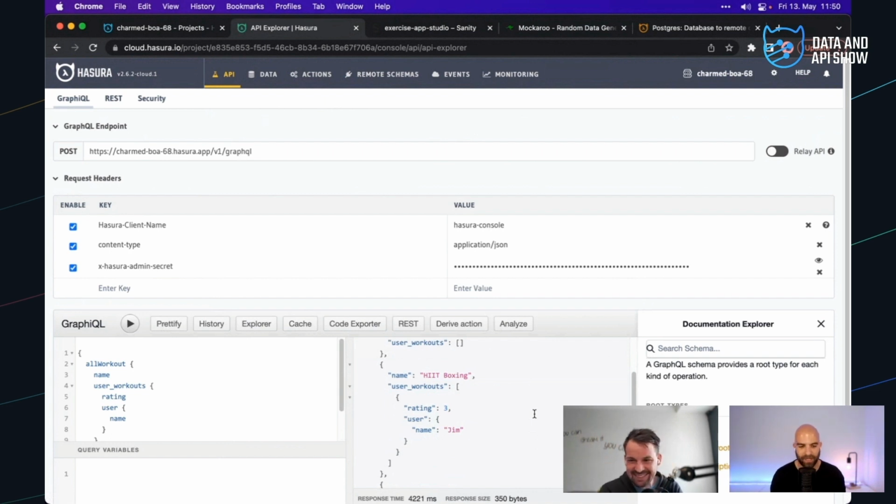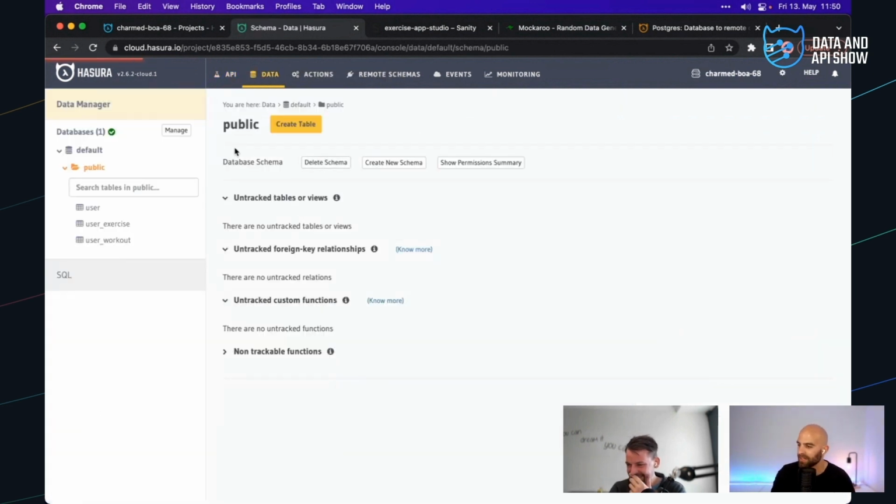Do you have any boilerplate code for firing off an event? A REST request? We could probably make that pretty quickly. This is just sort of a way to do it, right? So we could come in here to data.